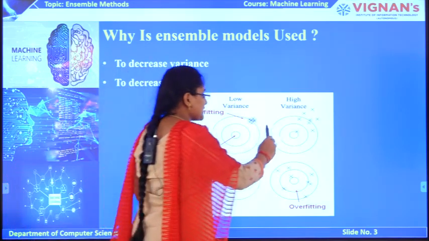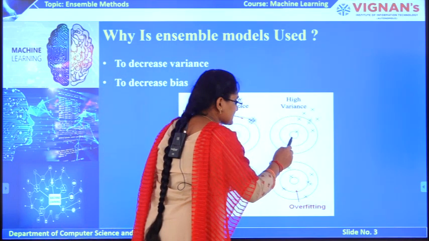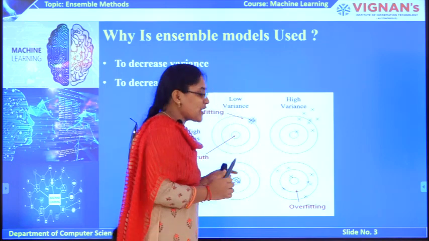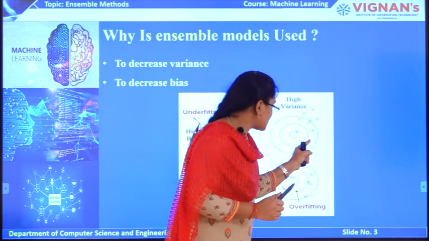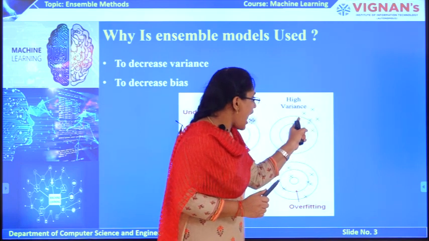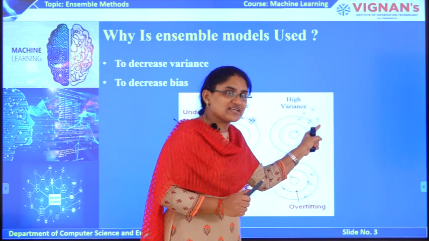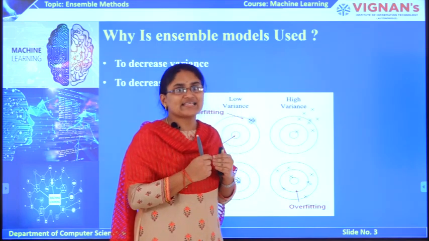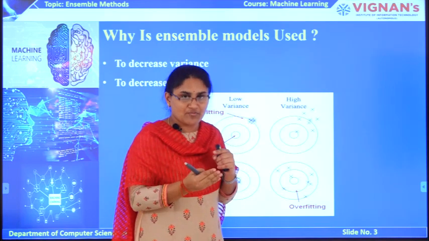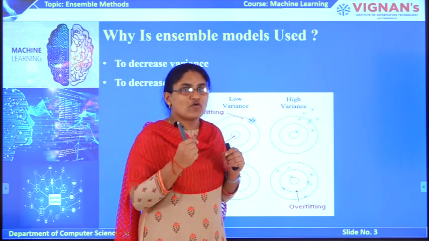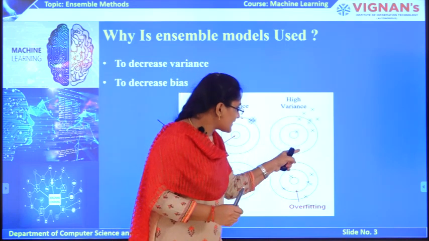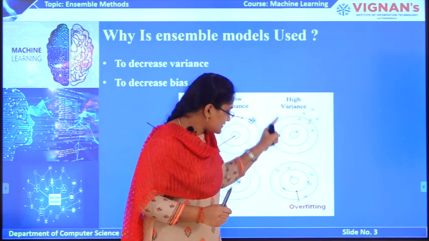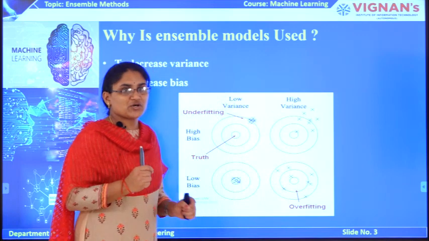Suppose for example in this diagram, this is the center point, which is our actual model. If the model gives accurate results, but then moves away from this, it tries to capture the outliers of the data. When it captures the outliers of the data, the model does not have that much space to include those data points, then the model will get overfitting. This model will have high variance. If the model has high variance, then we get overfitting. This is about the variance.